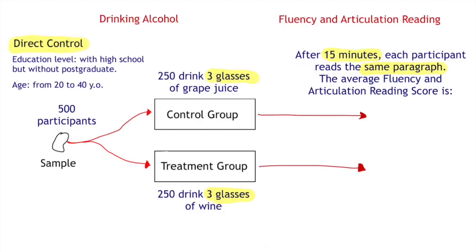More direct control. Here is the thing: as important as direct control is, it is not the crucial device for controlling confounding variables. Its main problem is that you can apply it to just a very few of them. In the first part of this class, I said that there are as many confounding variables as you can imagine. Indeed, there are many more than you can imagine. There are many that you don't think of, or you cannot measure, or you cannot control directly. Here is where random assignment comes in.